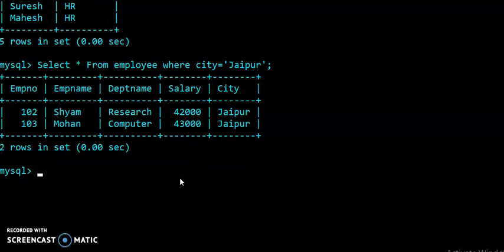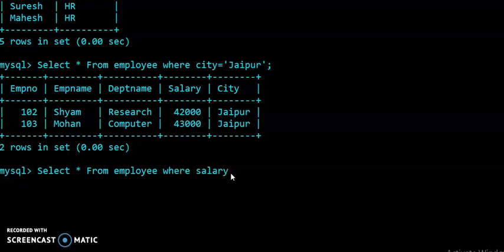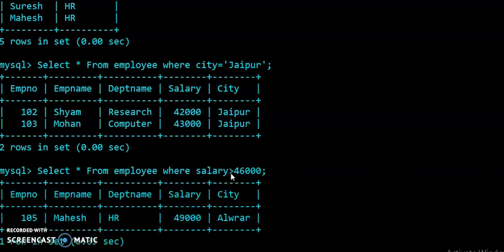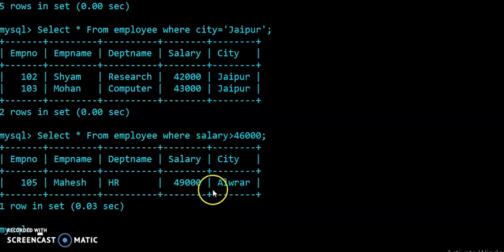Now if you want to display the records, select star from employee where salary is greater than 46,000, then only one employee is present whose salary is greater than 46,000.